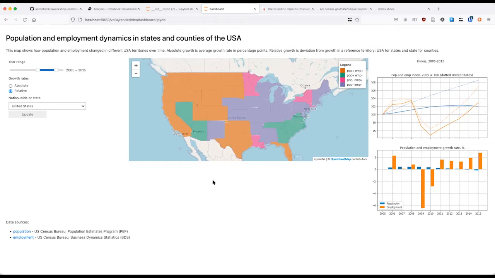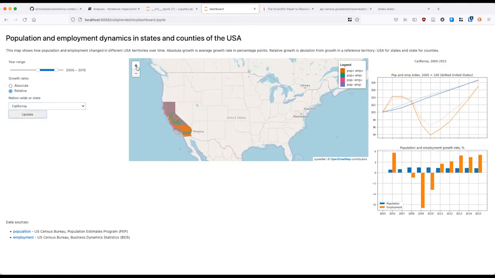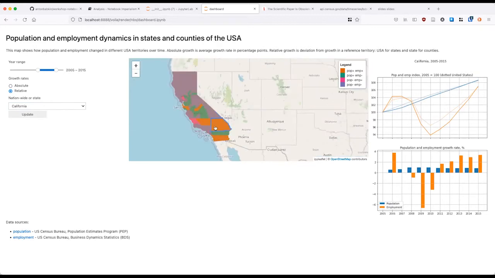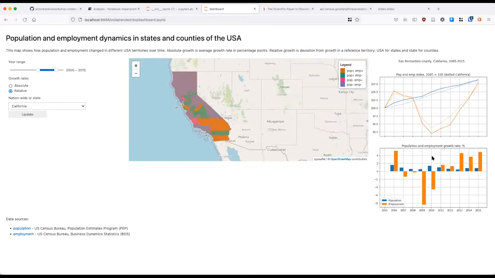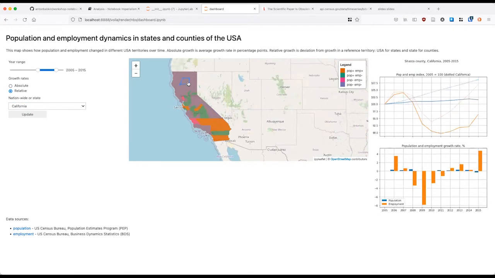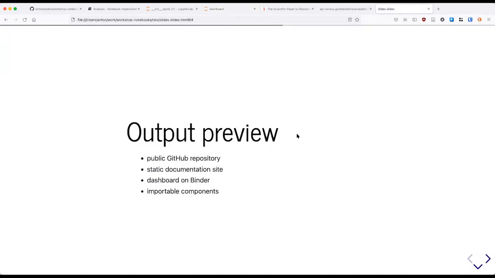But in the end, we'll build a dashboard like this, with some controls on the left that you can dynamically update, zoom and scroll the map, click the areas, and see plots that depend on the choices. So again, I'm not very experienced in building dashboards, honestly. So this might look ugly if you've worked with dashboards in the past. But again, the point here is just to illustrate the use of tools and the idea of making your research. This consists of these parts. And finally,